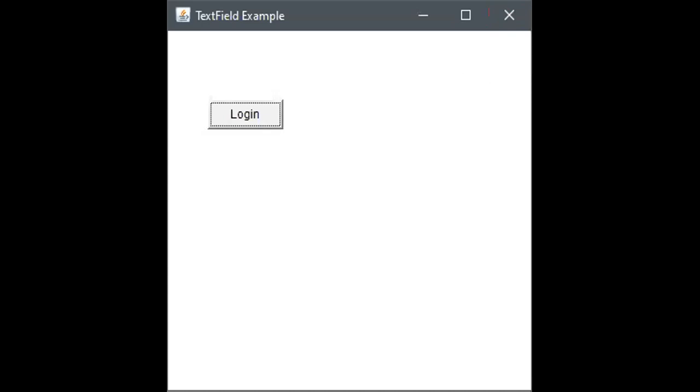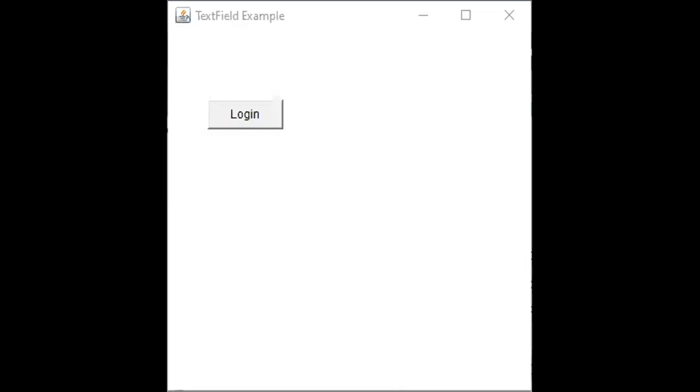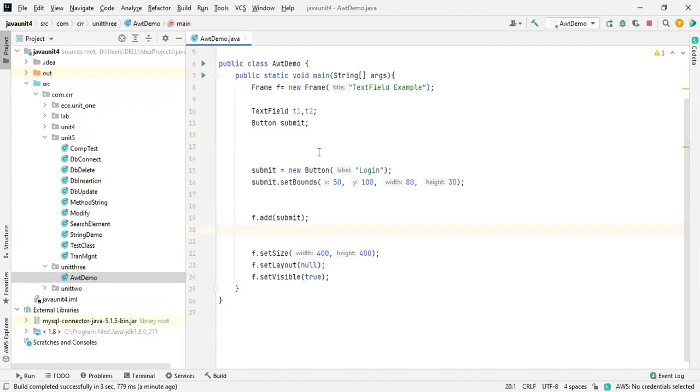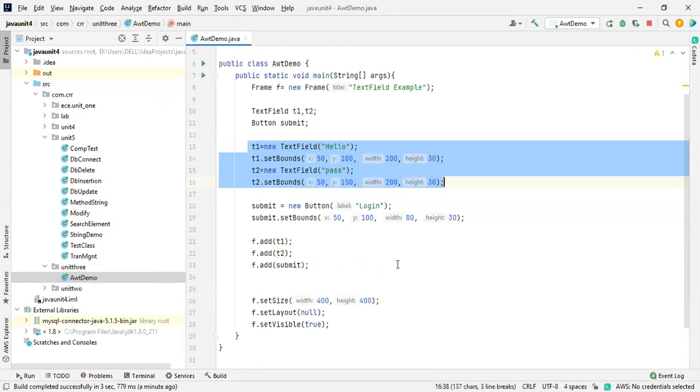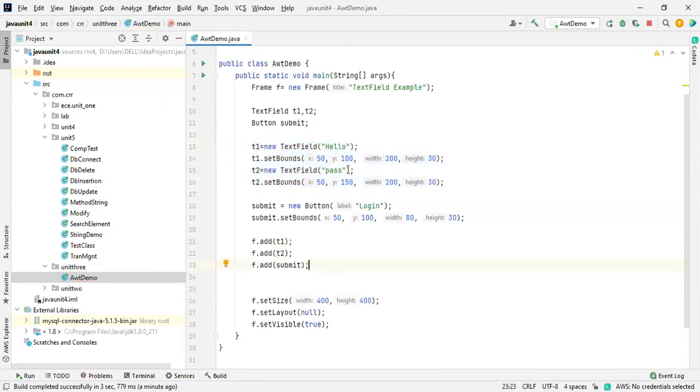Okay, go for the code. So it has been created. These are the things we had previously. It is like an X and Y axis. I want to change this one. This is 50 and 40.